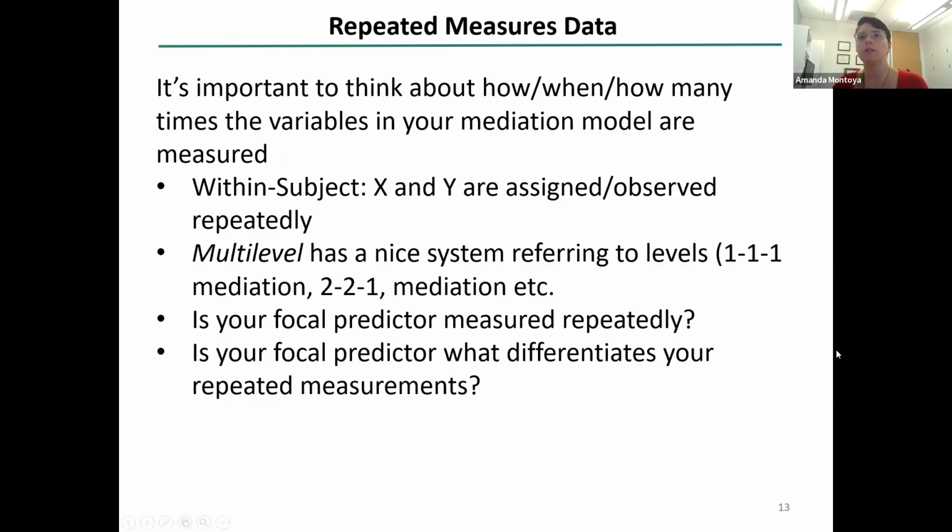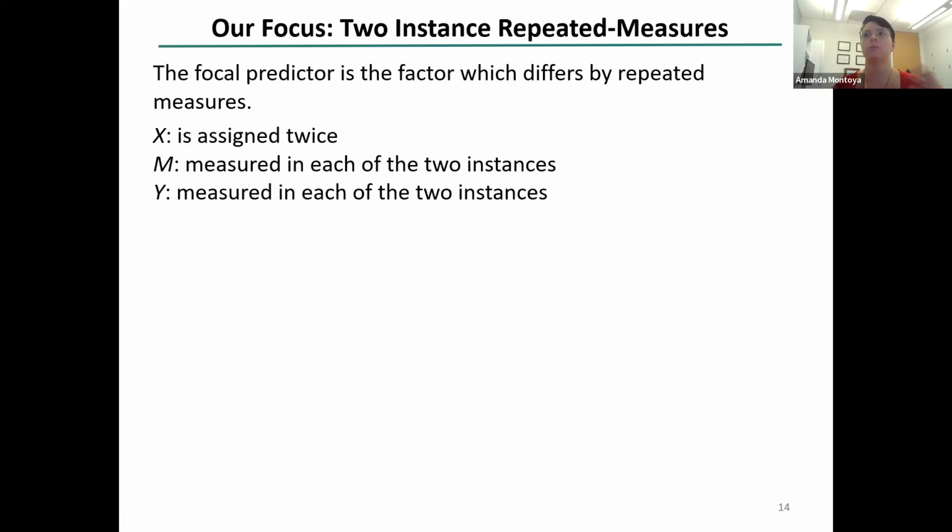So this course is very focused on a specific within subjects design, sometimes called a 2-instance repeated measures design, where the focal predictor is the factor that differs the repeated measurements. So X is assigned twice in our case. We'll talk about cases where you have more than 2 observations and what to do then, but we're going to focus on just 2 to start out. For mediation analysis, X is measured in each of those 2 instances, and Y is measured in each of those 2 instances.